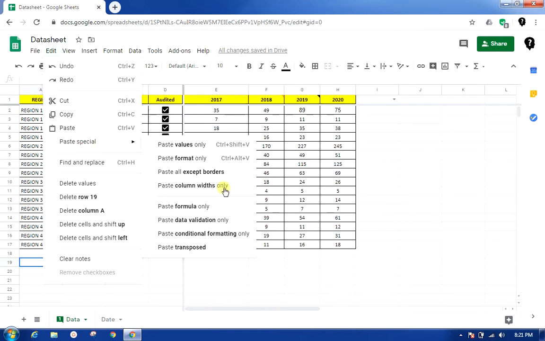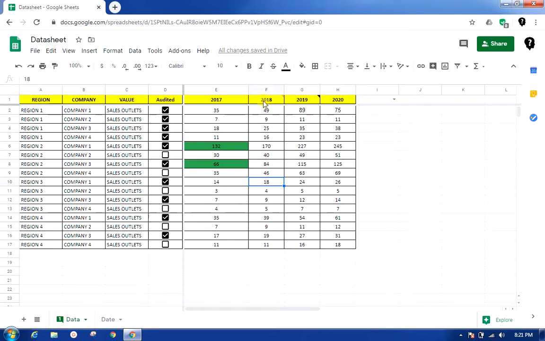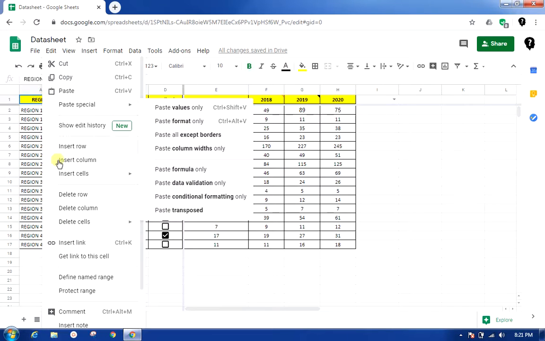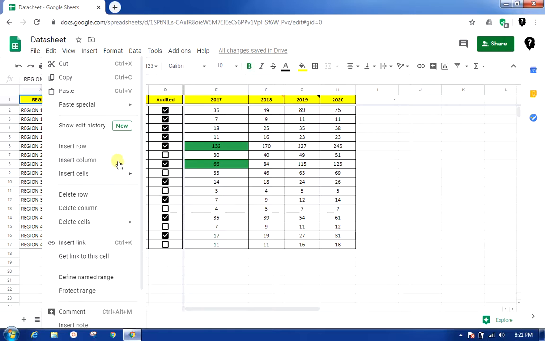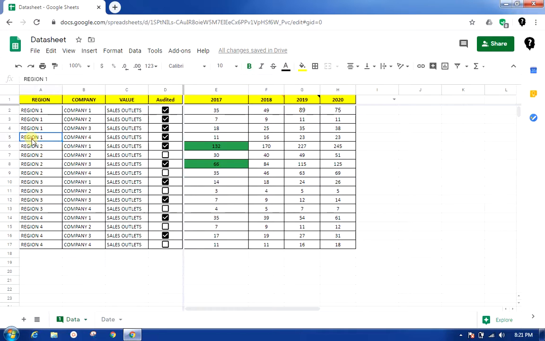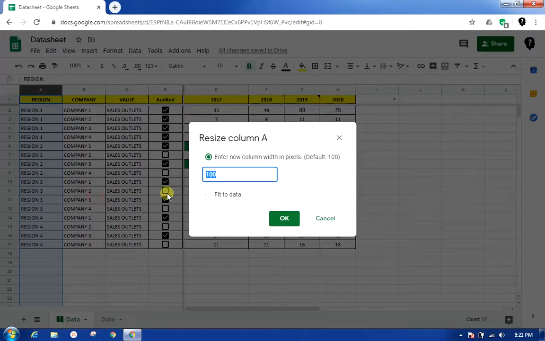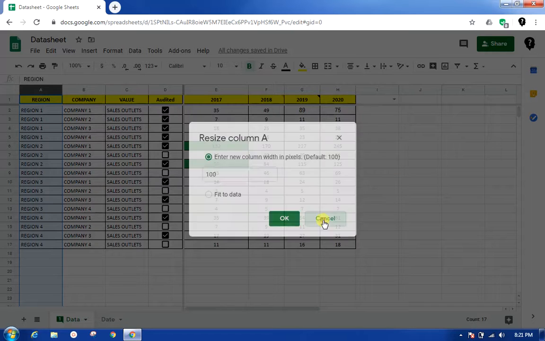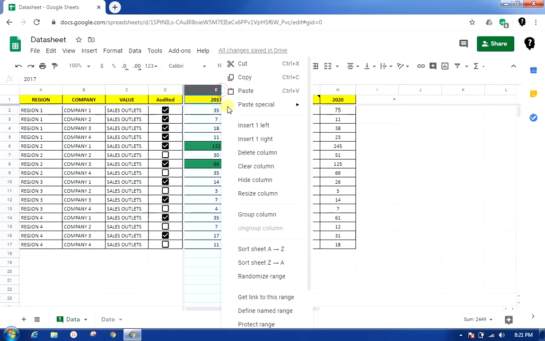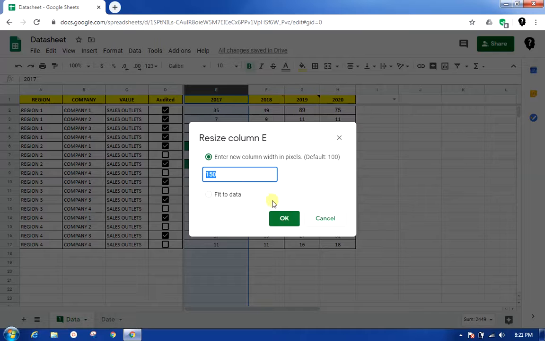Next we have column widths only. Okay, so what this means is every column and every cell has its dimension. So for example, if I right click on this A1 cell, and go to resize column, I will get 100 as the default value. Okay, if I go to column E, I'll get 150 as the value.